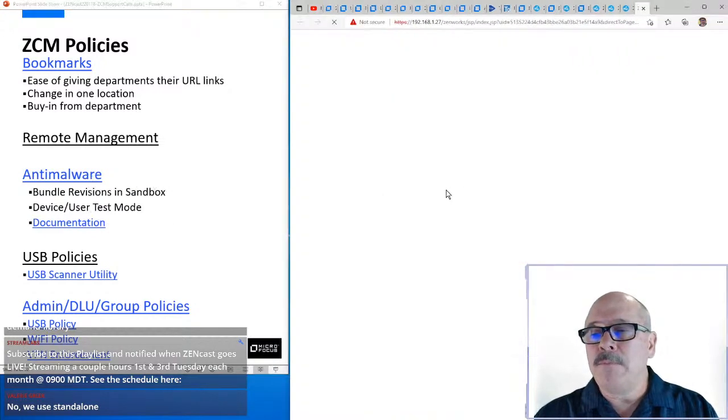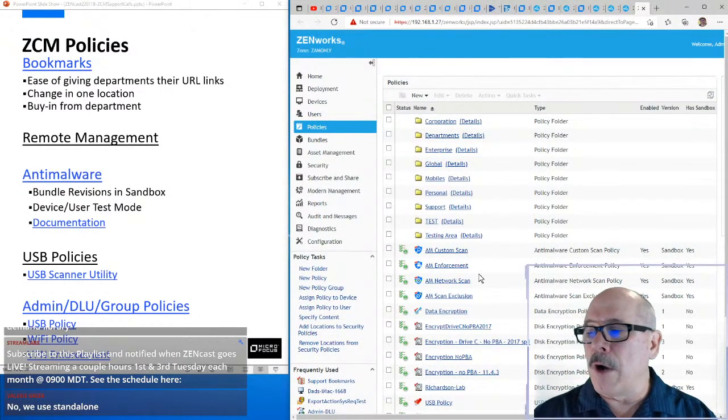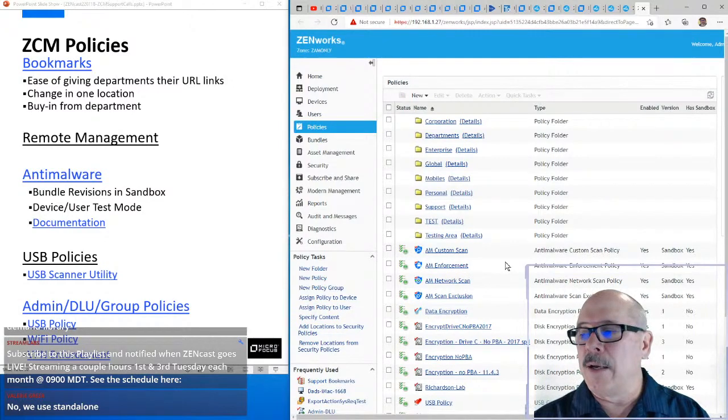Anti-malware, excuse me. Again, you have certain processes to go through for the anti-malware. You have your custom scan, your enforcement, your scan exclusion, and your network scan. These are all in the anti-malware. Bundle revisions and sandbox, so being able to, when you're checking things,